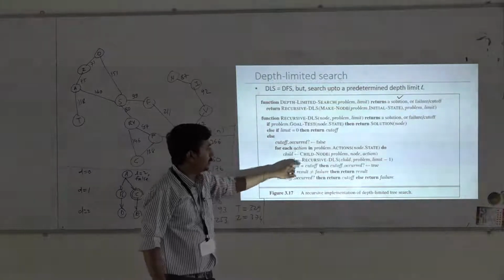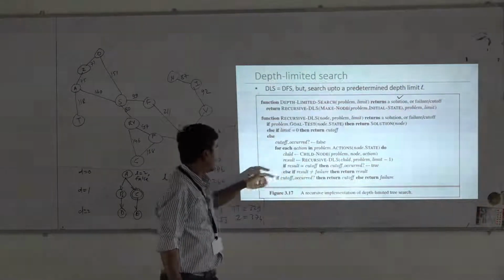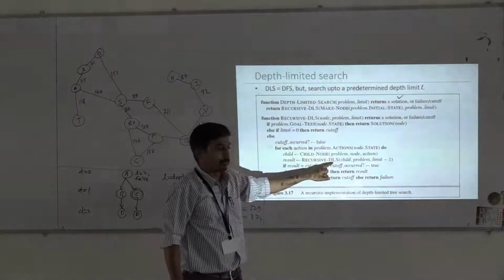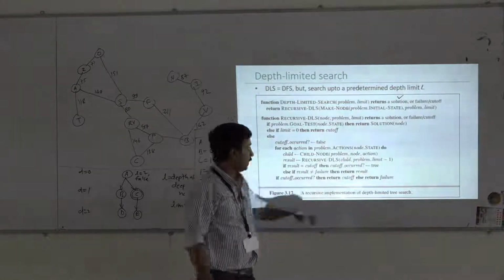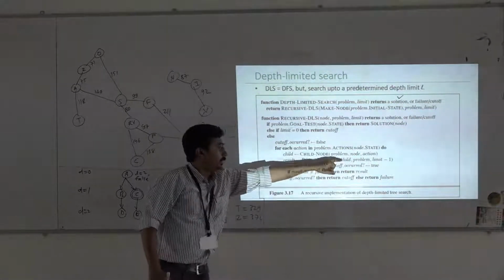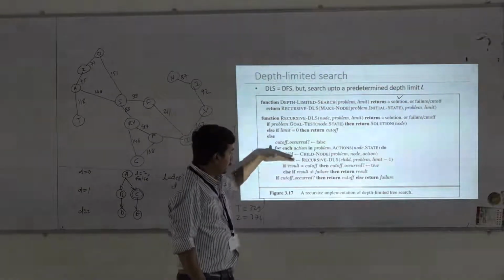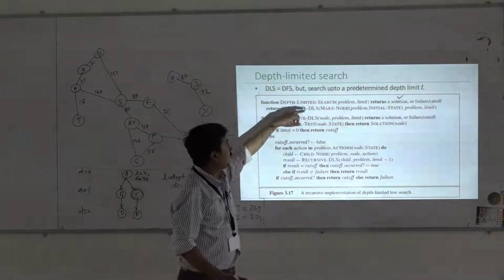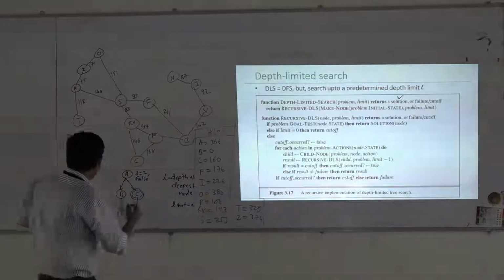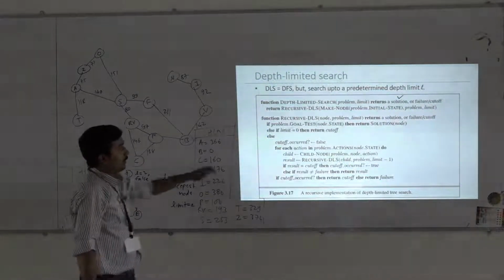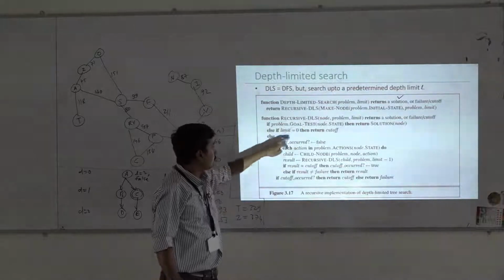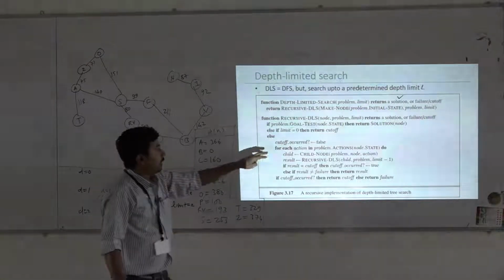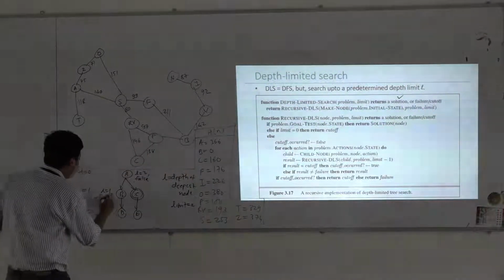We apply the first action on that node, so the first child is generated, that is our B. On that B we are calling this recursive function, but its limit is decremented by 1. So again we are making a recursive call with that child as the node, and the execution of the subsequent statements will be suspended. We continue with that child. So B is our current node. Is B a goal? No. Is limit equal to 0? No, the limit for this call is now 1, right? Then cutoff occurred is initialized to false.